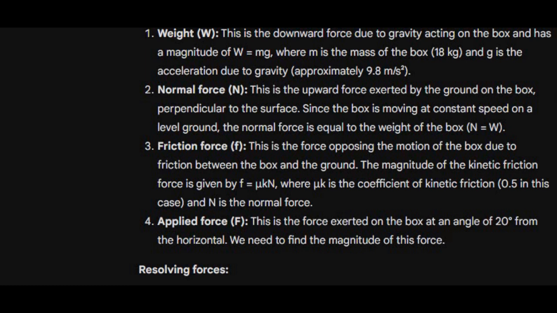3. Friction force, f. This is the force opposing the motion of the box due to friction between the box and the ground. The magnitude of the kinetic friction force is given by f = mu_k N, where mu_k is the coefficient of kinetic friction, 0.5 in this case, and N is the normal force. 4. Applied force, F. This is the force exerted on the box at an angle of 20 degrees from the horizontal. We need to find the magnitude of this force. Resolving forces. Since the box is moving at